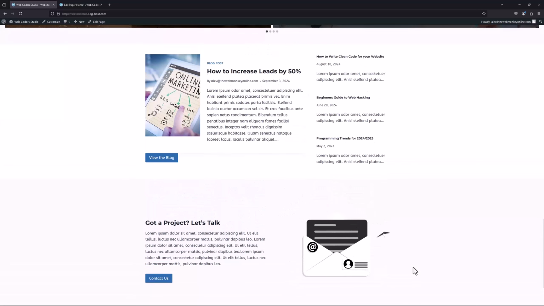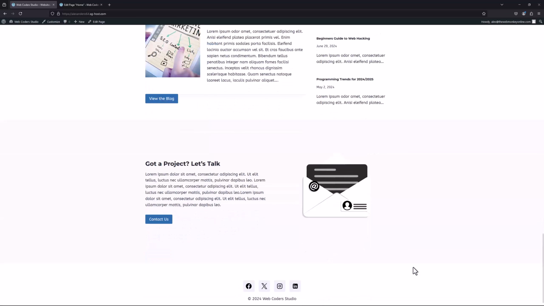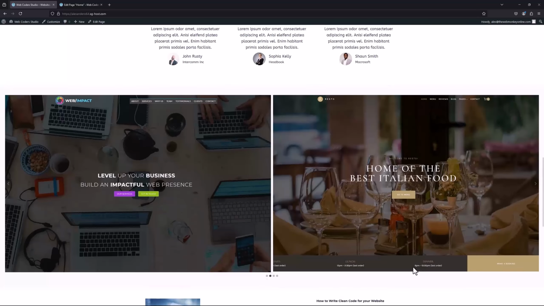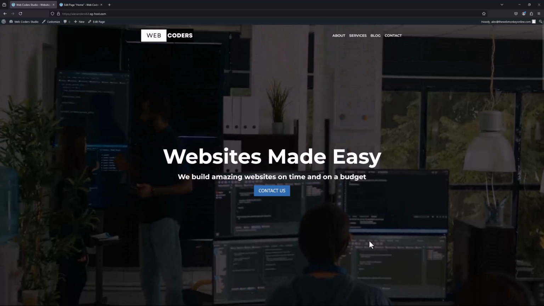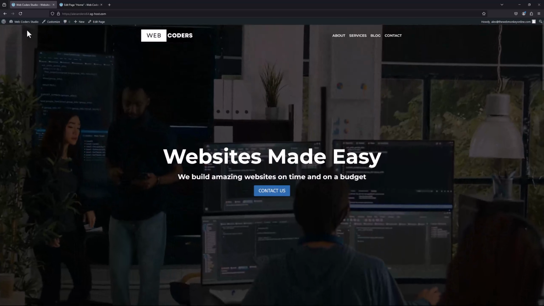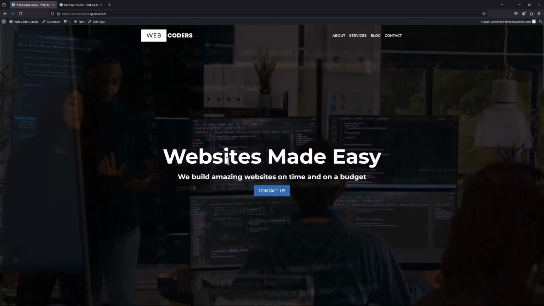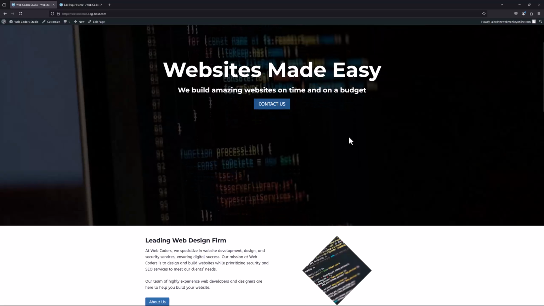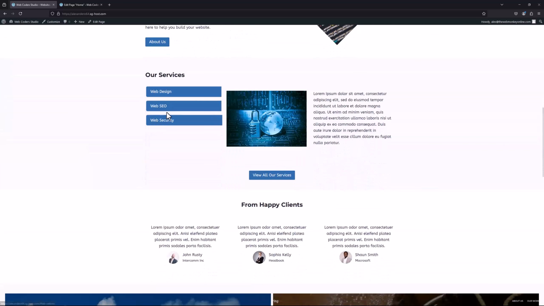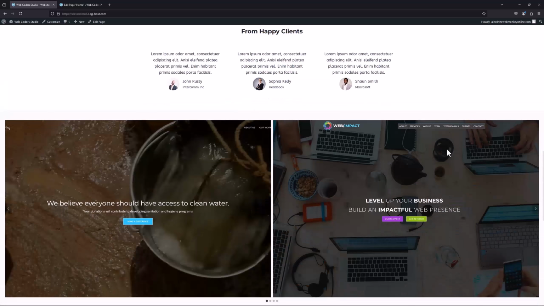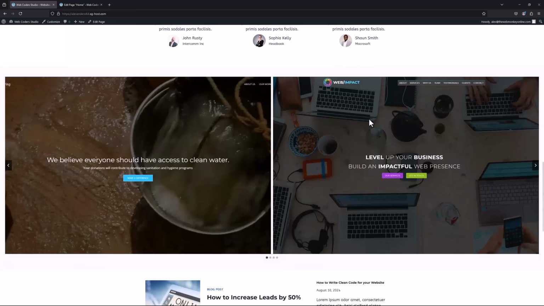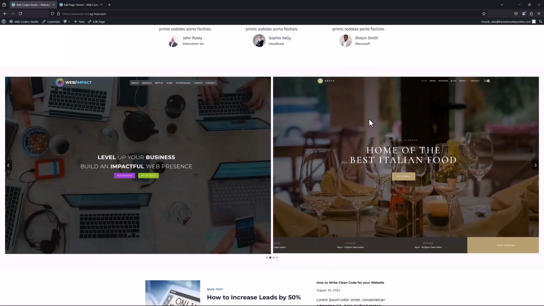That is it. We have successfully added the contact us section, and with that, we have built out the homepage for our web design company. Starting, of course, with the main banner, the main headline, the contact us button as well, the about us section, the services section with the tabs, the testimonial section, the gallery section,